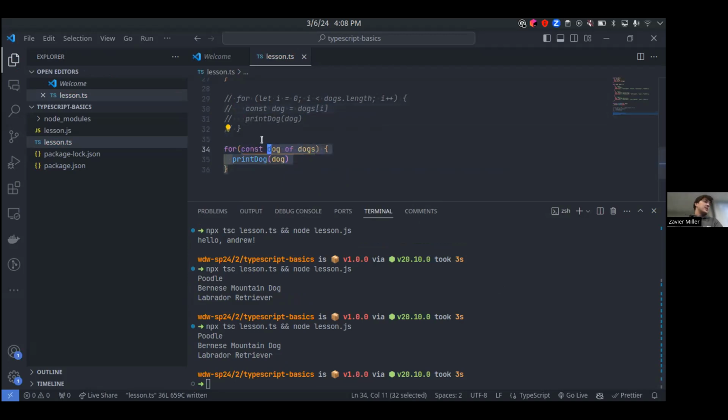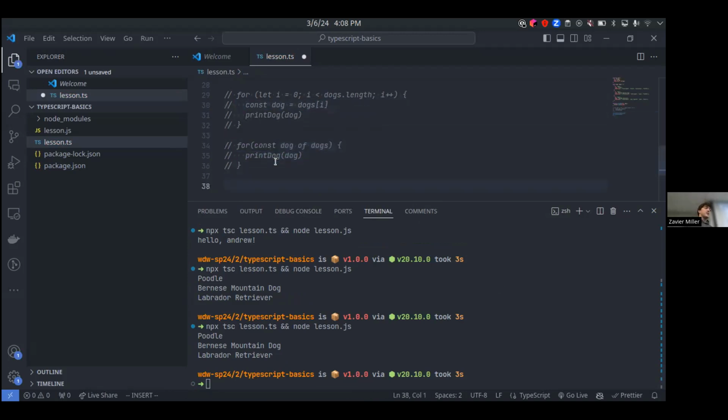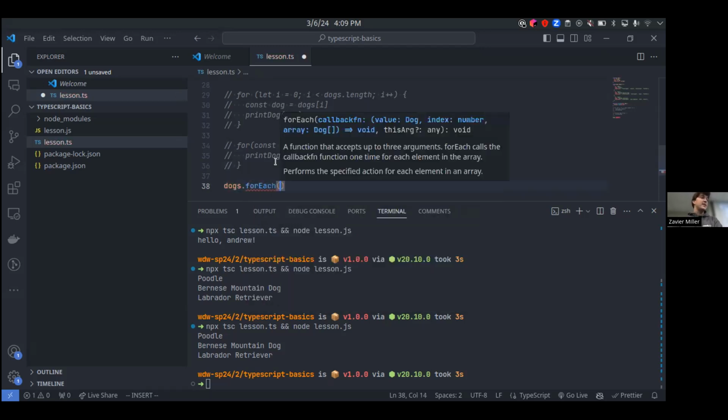All right. So there is one other way that you can do this, and that is with a helper function on arrays called forEach, right? So this is a for each loop, but there's also a forEach function. A little confusing. So what I can do is I can say dogs, my array, dot forEach, and then inside of here, I can pass in